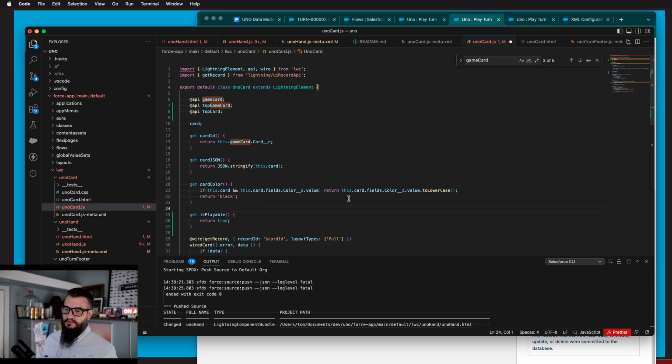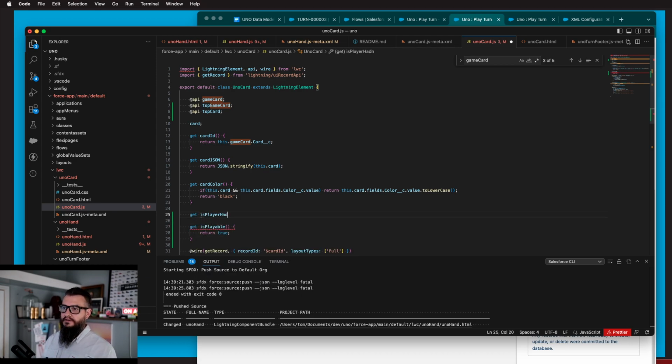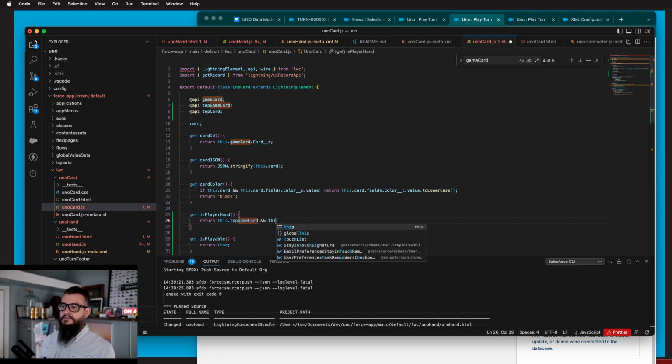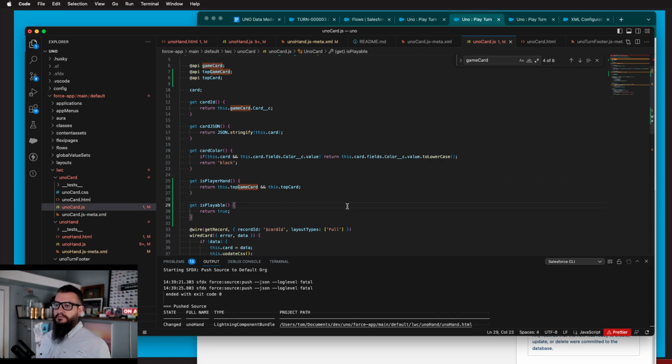Let's get is player hand, and let's return this dot top game card and this dot top card. If we don't have those, then it's not a player's hand, and it's the card that we're displaying at the top of the page. So if is playable,